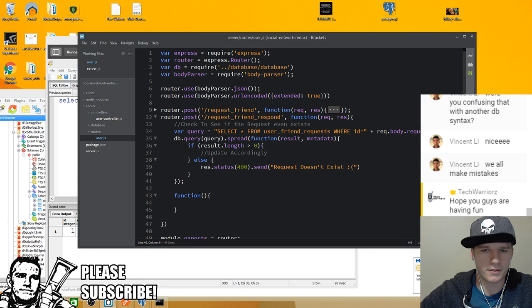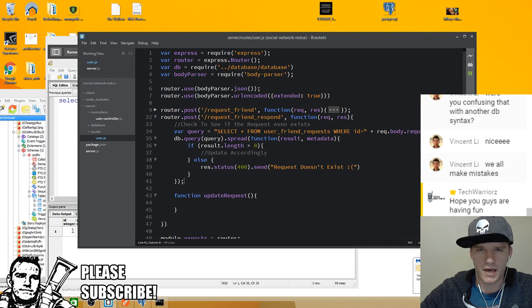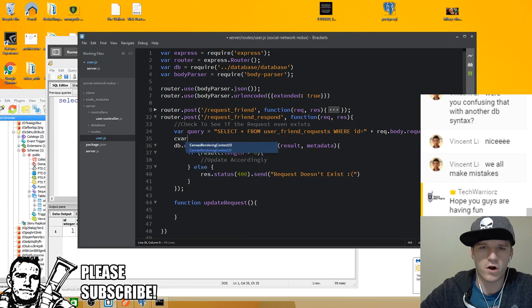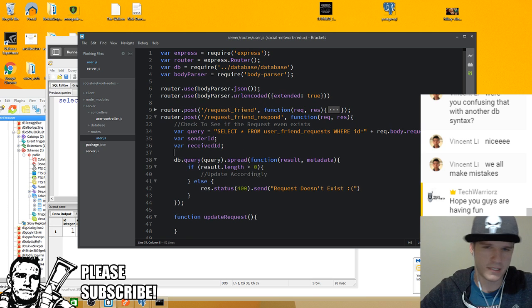And then I'm going to call this one update request. And then from there, what I am going to need to do is I'm going to have, at the top row here, var sender ID, and then a variable called received ID, and you guys will see what I mean in a second here. So basically,